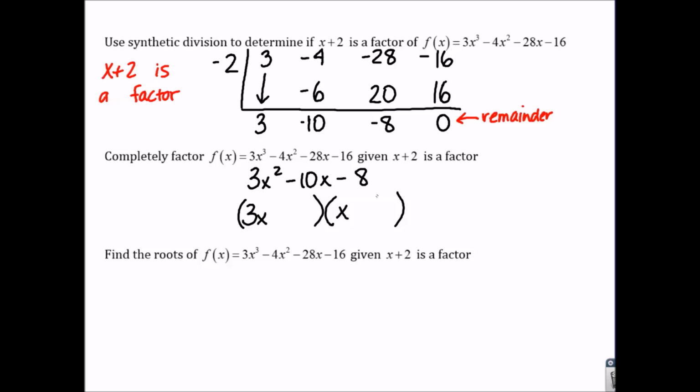So I'm going to try 2 and 4. Since these need to multiply to negative 8, one needs to be positive, one needs to be negative, and I need to add up to negative 10 in the middle when I multiply. So if I make this a negative 4 and this a positive 2, when I double distribute it out, I'd end up with 3x times negative 4, which is negative 12x, plus 2x, which is negative 10x. But when you're writing out the factors, don't forget the factor you already figured out, which is x plus 2. So these are the three factors